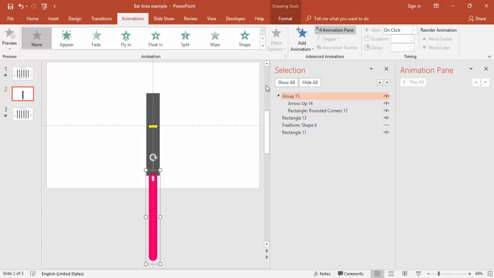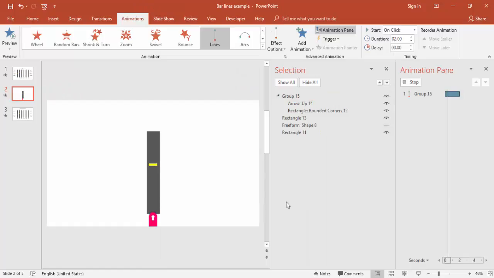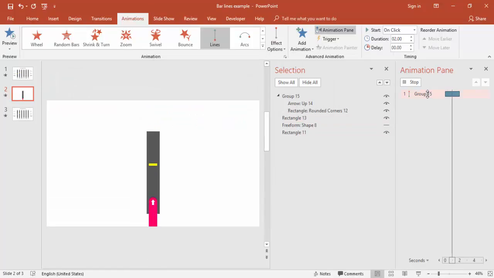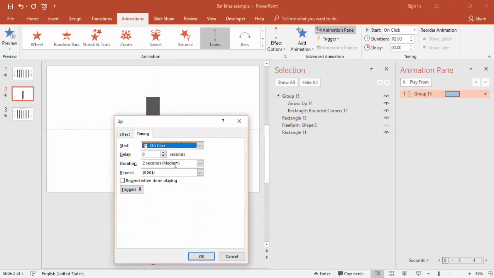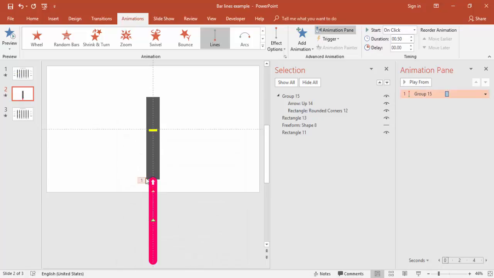Let me just add the animation again. Go to add animation, bring it down, lines, and effects, make it up, double click, make it very fast, and in the bounce end increase it to maybe 0.35 seconds, and then just increase maybe till here. All right, so if you see here,